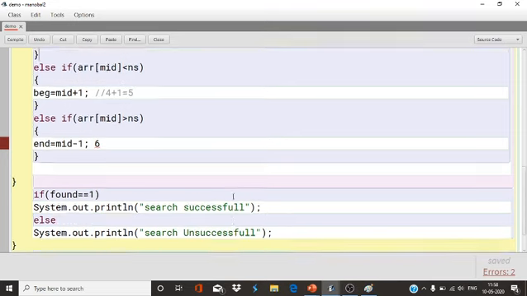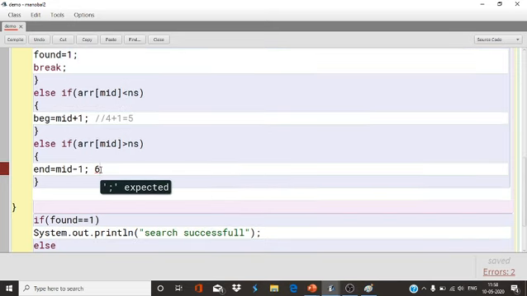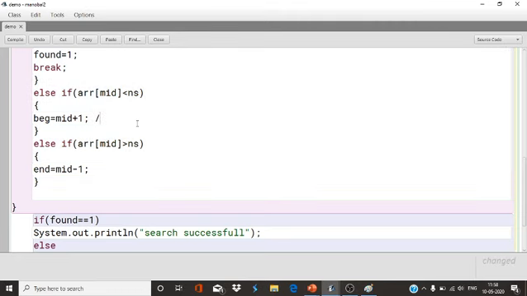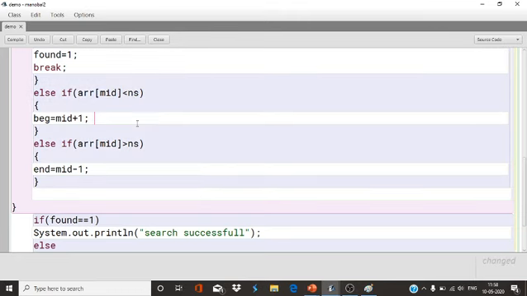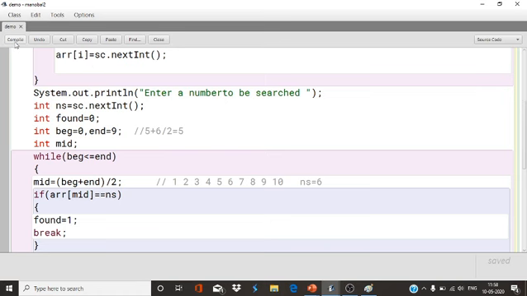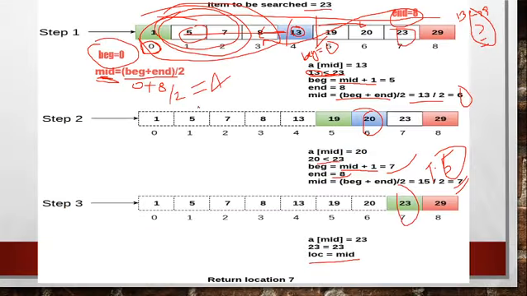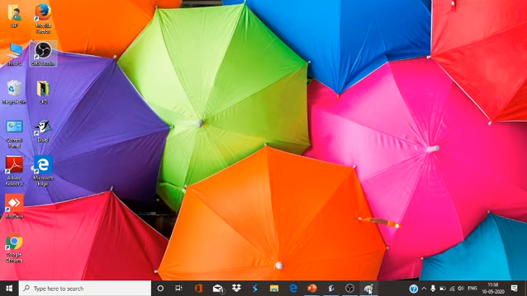So this is the way you can write the program of the binary search algorithm. Now I'm going to compile this program. Compile, no syntax error. Execute this.